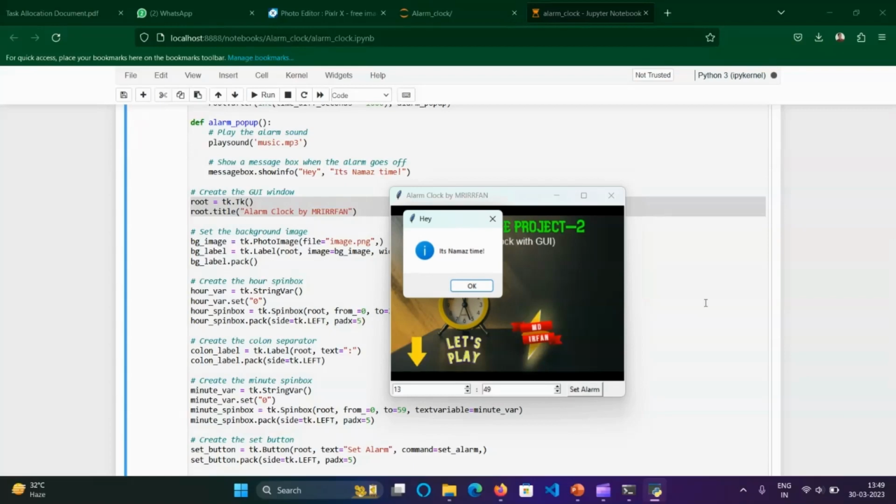So as you have seen, after playing the music, it will show the pop-up message like it's namaz time. You can customize it according to your requirement. I have just done it for demo purposes because I am using this right now. Okay, so just click OK. So this is the project presentation. This is the alarm clock. I have nothing else, just this background image, which I have used here by editing it. So that's all